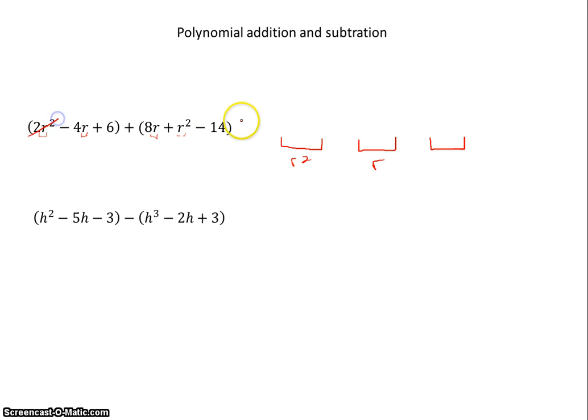So this one has a 2, I'm going to cross it out as I use it. This one has a 1, cross that out as I use it. The r has a -4, out. Then we have 8 here, out. I have 6. I have -14. Alright, so in order to regenerate this equation and have everything be combined, I'm just going to